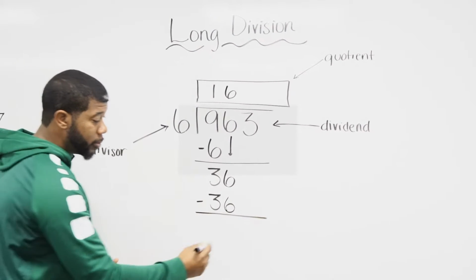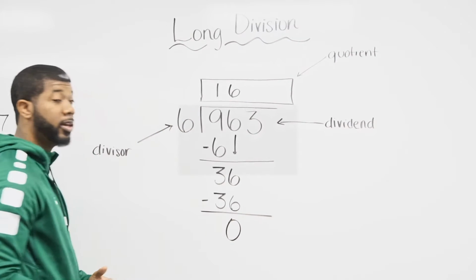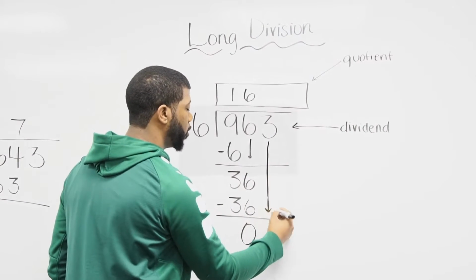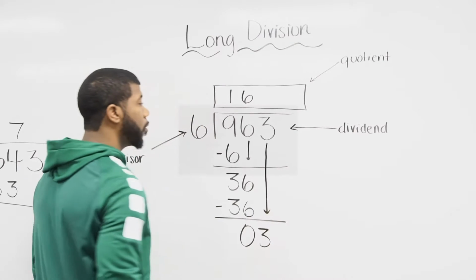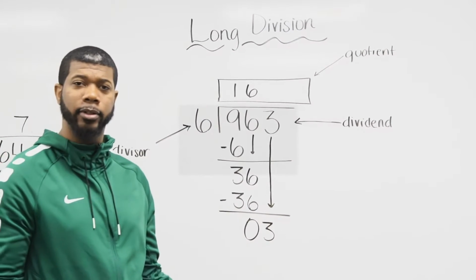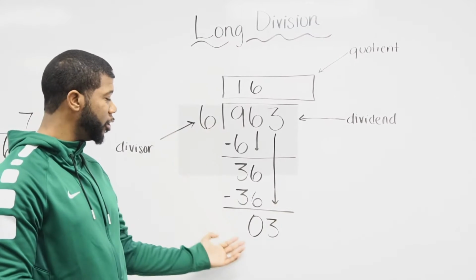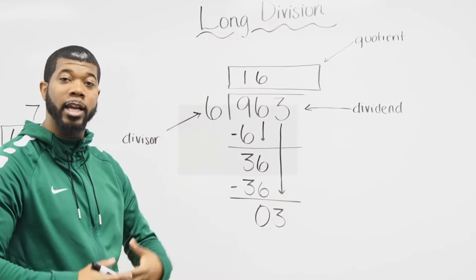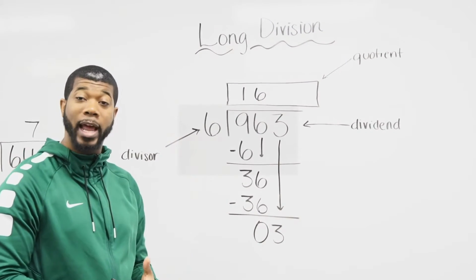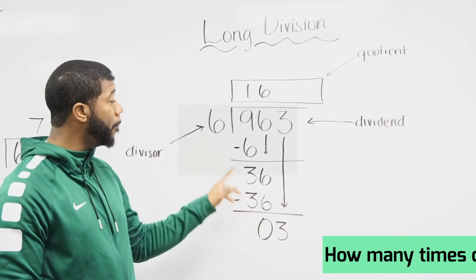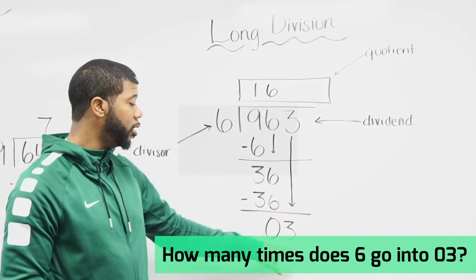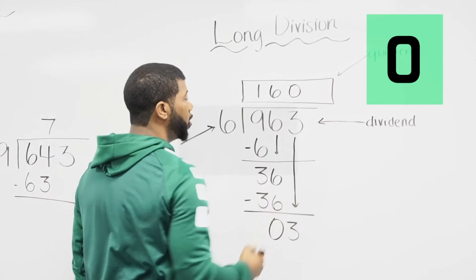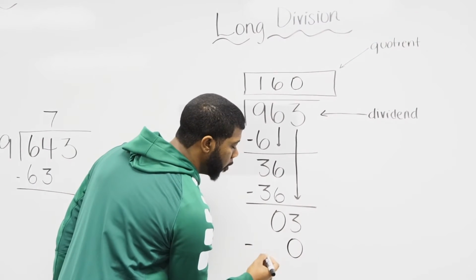Go back to my subtraction. 36 minus 36 is going to give me 0. Now I bring down my 3 into my dividend. Now, we have a problem here. 6 going into 0 and 3. Generally what happens in this case is I have a number that's usually smaller than my divisor. So what I can do is I can eliminate this 0 by multiplying 6 times 0 to give me just simply 3. So that's what we're going to do here. We're going to put 0 in our quotient. 6 times 0 is going to give me 0. And what I'm left with is just